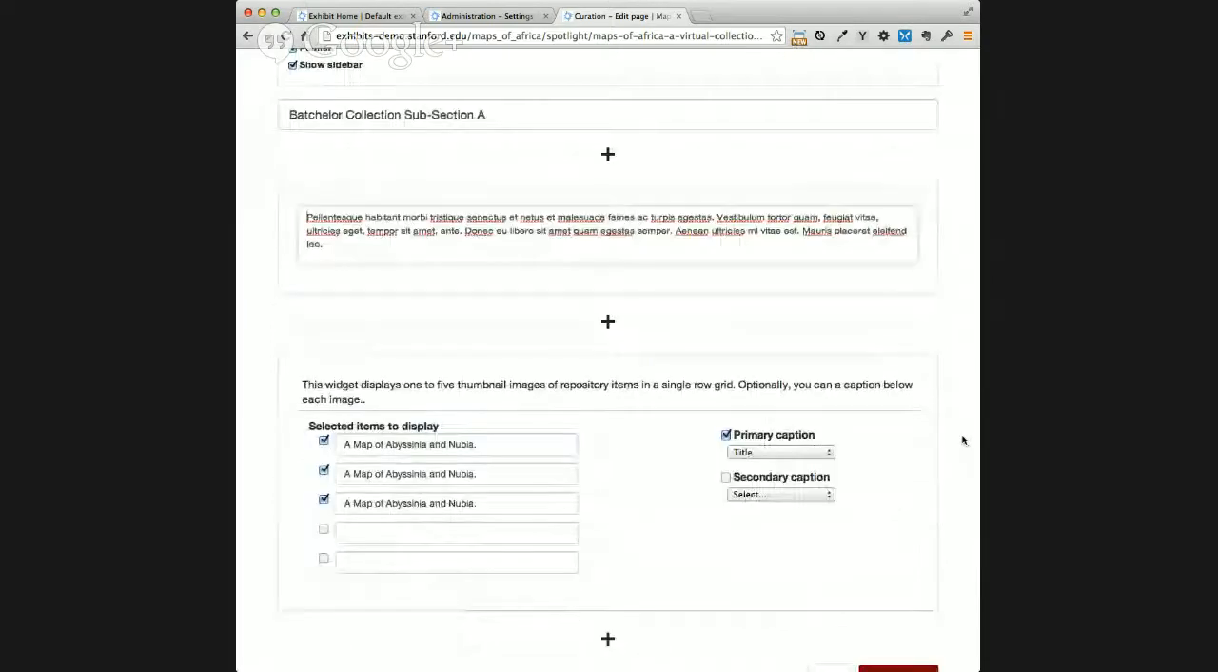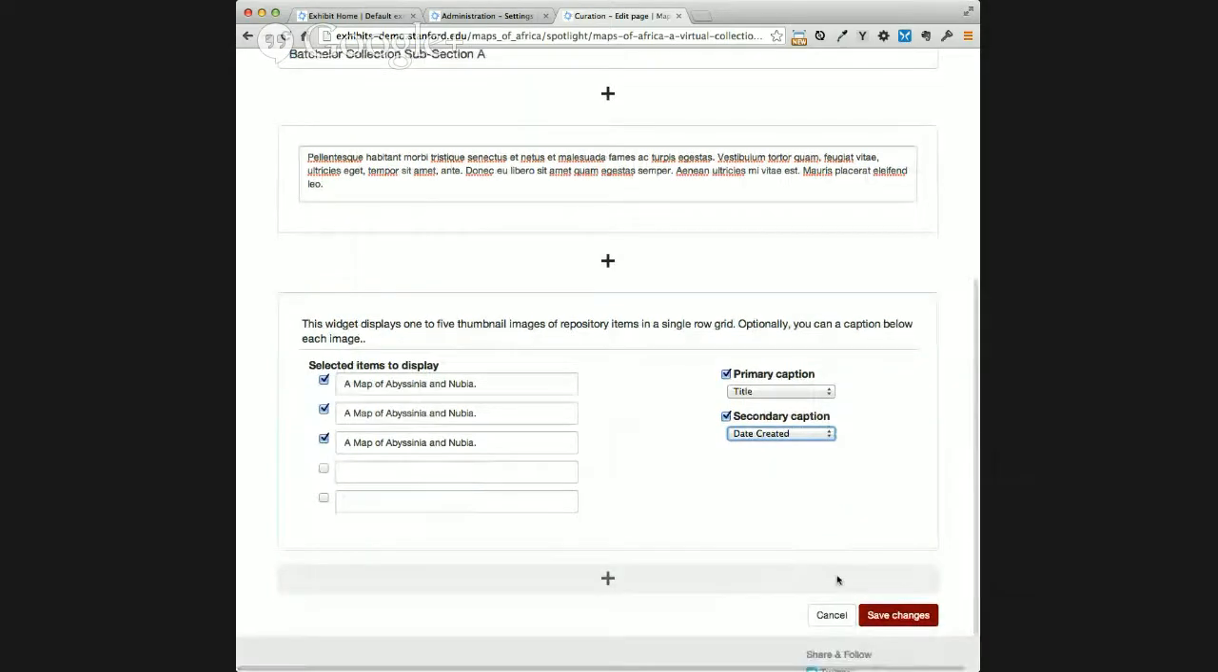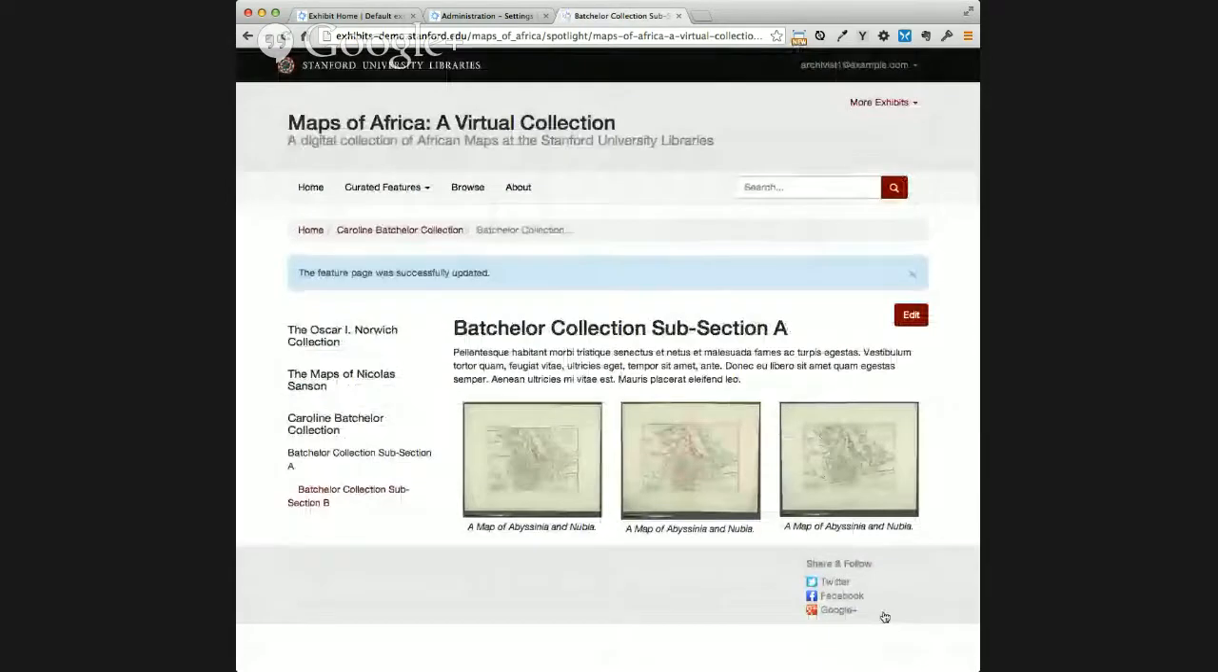So in this and a couple of the other widgets, we've added this week the ability for the curator to add a secondary caption. So in this case, in addition to the title, we want to add another field that may help distinguish these 3 items, such as date created. So I'm going to add a secondary caption of date created, save these changes,